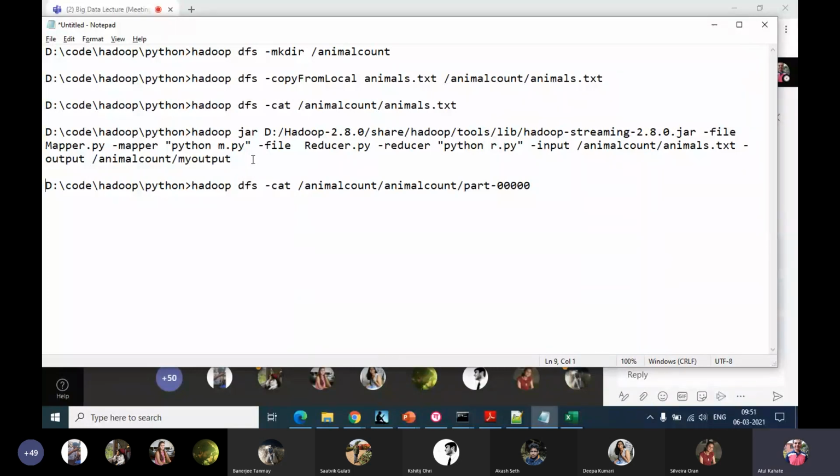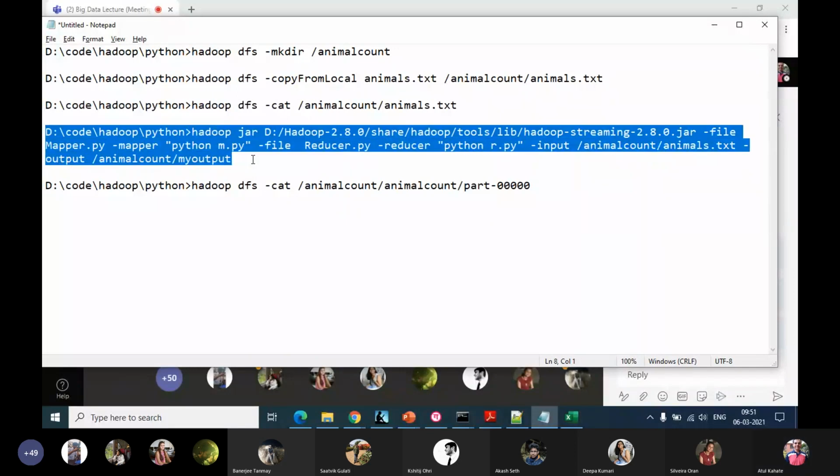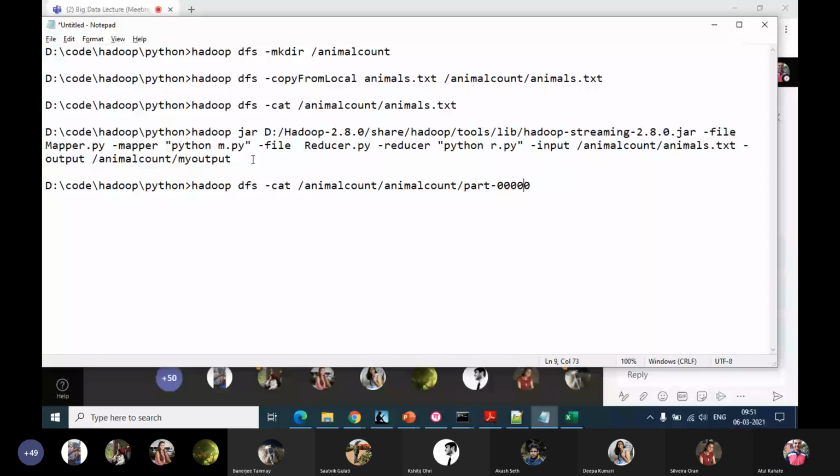Then what we are trying to do is to see the contents of our output file. If this command runs successfully, it means that our mapper and reducer programs have executed successfully on animals.txt inside HDFS, and they have created the output file called my output, whose values we now want to find out.